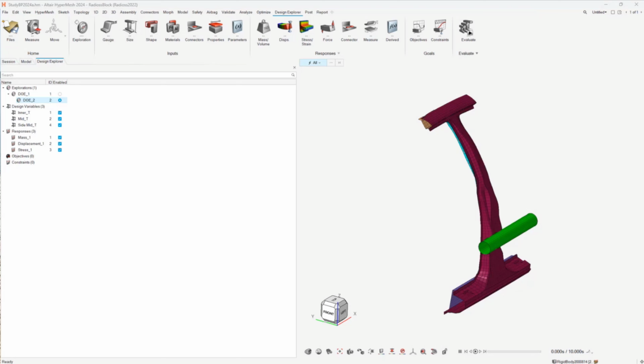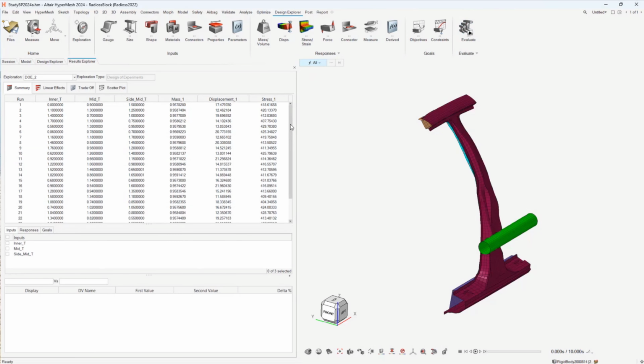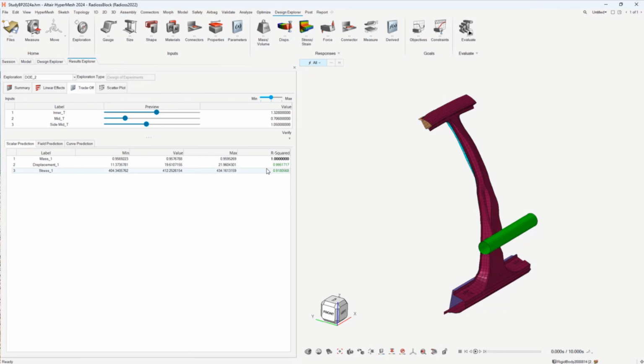So let me jump to the end here. We'll open one where I'd previously run and added some additional runs, so we don't have to watch that run in real time. Open Results Explorer, and now we can see our table has been additionally populated with, in this case, I think I asked for 15 or 16 more runs. And we'll come to the trade-off panel, and we can see,